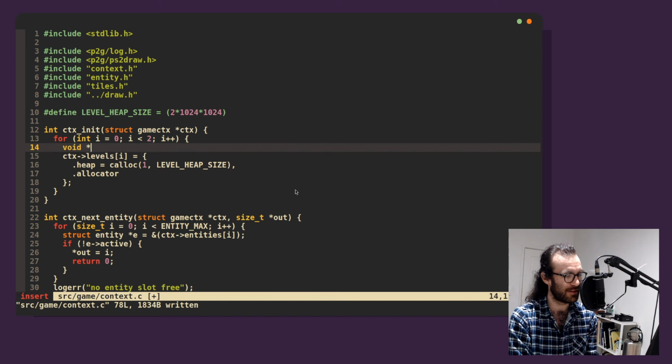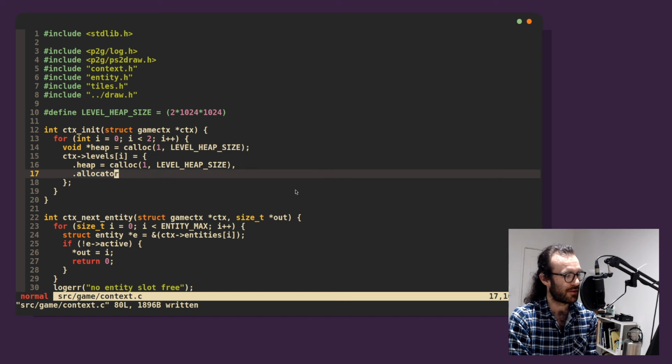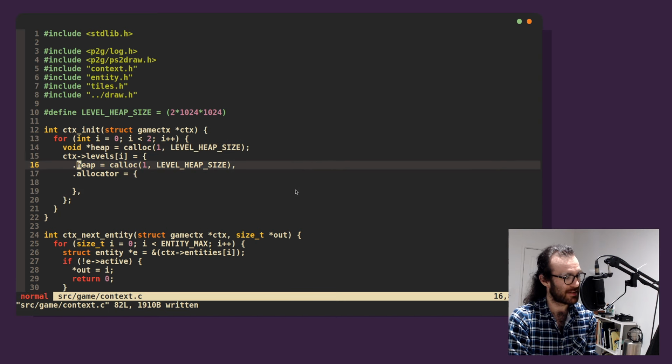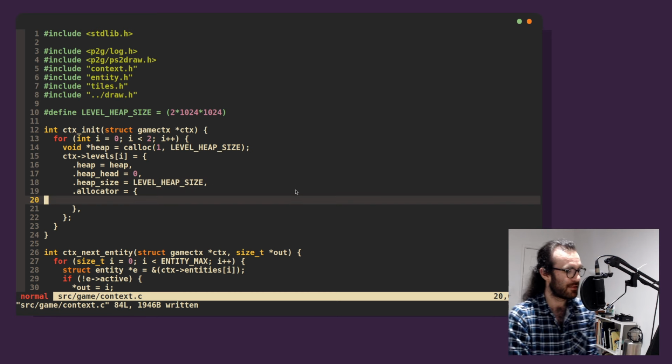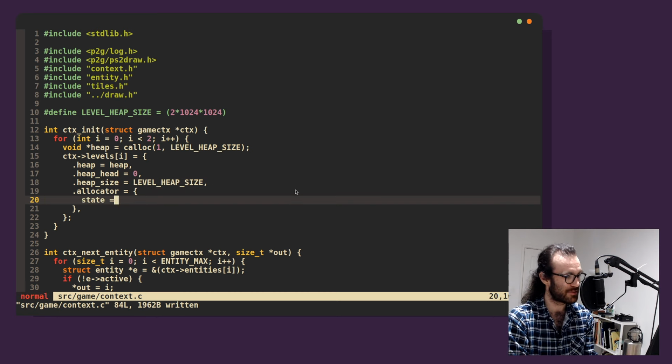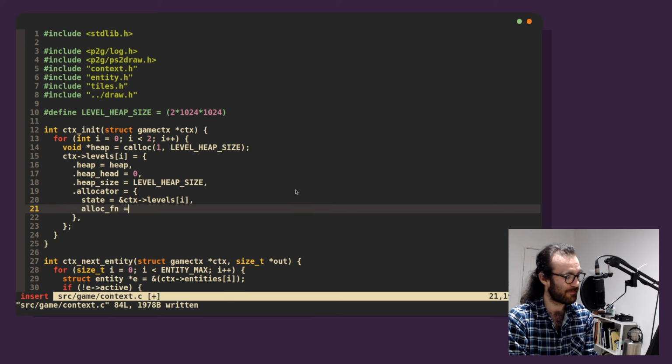Oh, and the dot allocator. So we'll say void heap equals calloc 1 level heap size. We also need to initialize the allocator, which is going to be a nested thing. So the heap is the heap. The heap head is 0. The heap size is level heap size. The allocator state equals a pointer to the thing we're currently initializing, which is really funny. And alloc fn equals